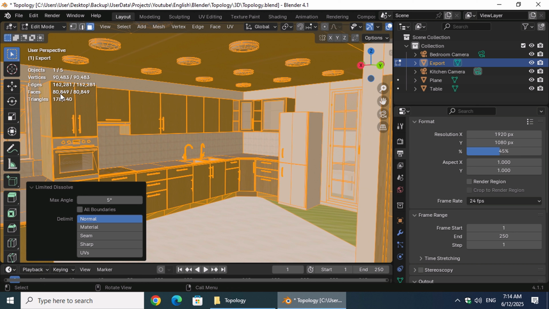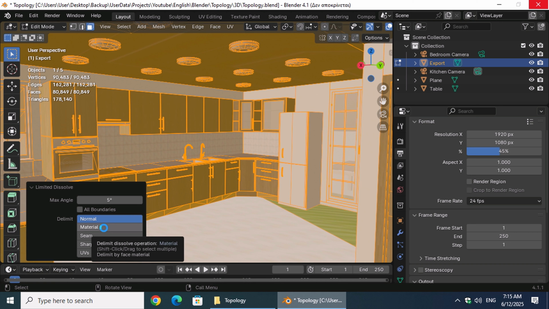However, this simplification can be too aggressive. In some areas, such as the floor, holes appear where we can now see the grass beneath. To fine-tune this, look at the panel in the bottom left corner. Set the angle limit to 5 degrees and make sure the materials option is checked. You'll notice that the floor, which previously had at least 3 faces, is now made up of just one clean